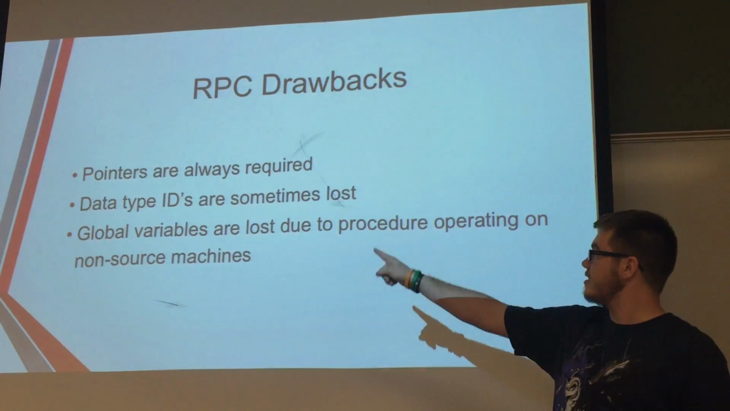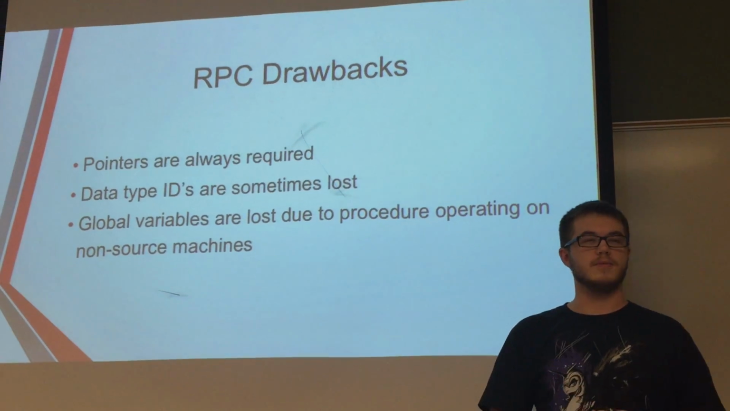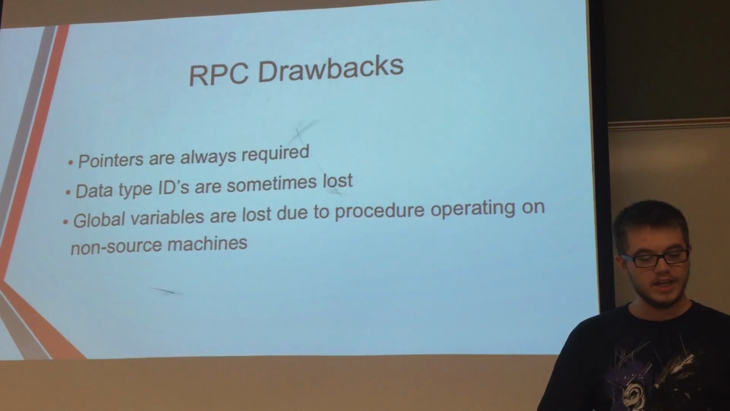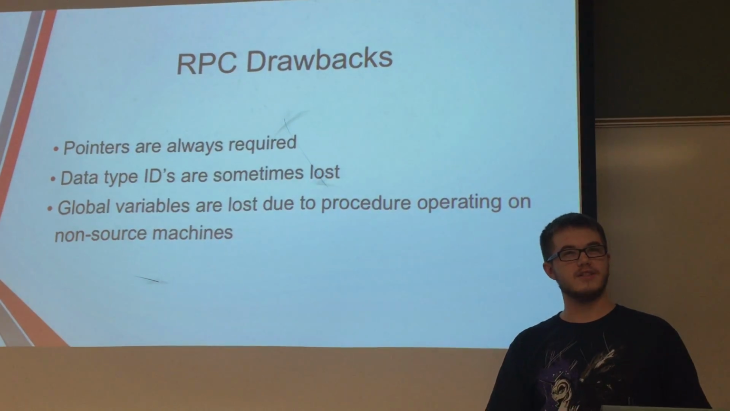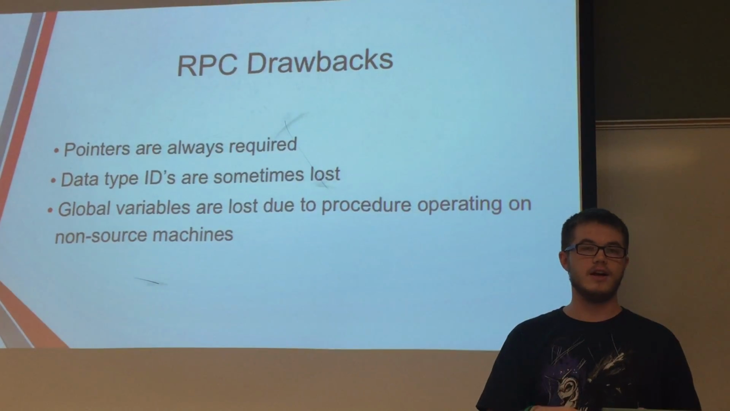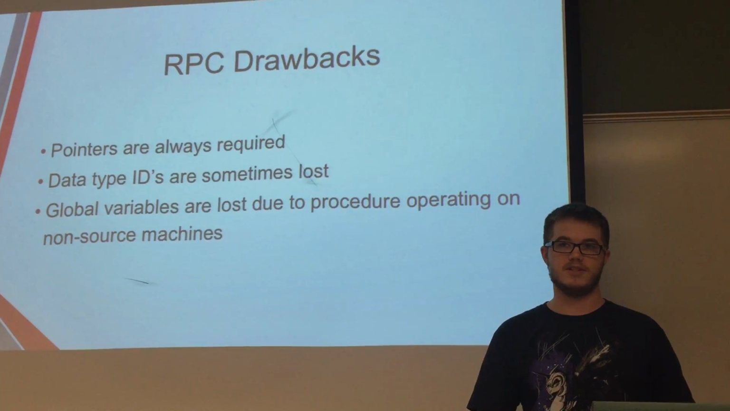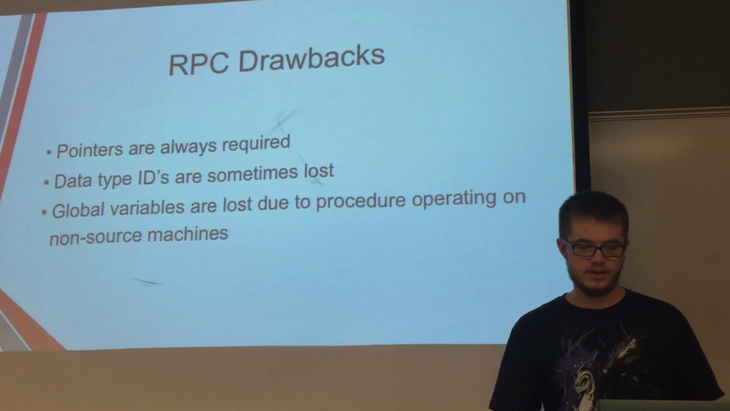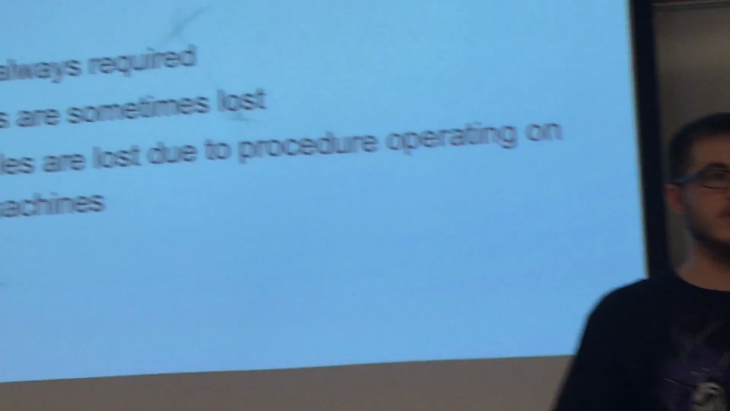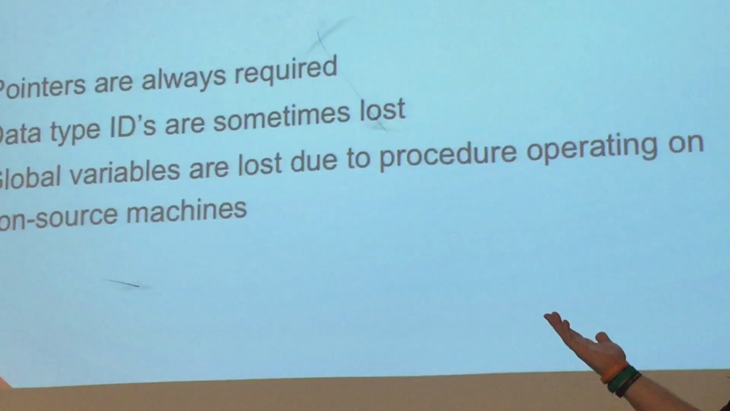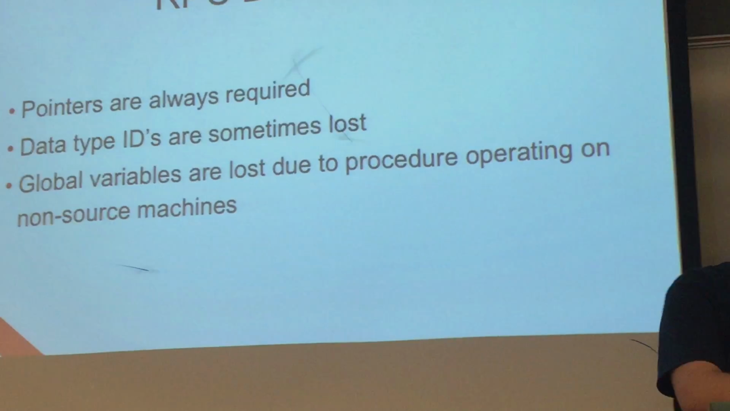Then, as you see here, data types are not always there. They're sometimes lost, and that can be an issue. In languages like C, there are times when you can't figure out how large an array is, and that makes the entire marshalling process impossible. And obviously, because it's on separate computers or memory spaces, global variables are lost. So with that, I hand